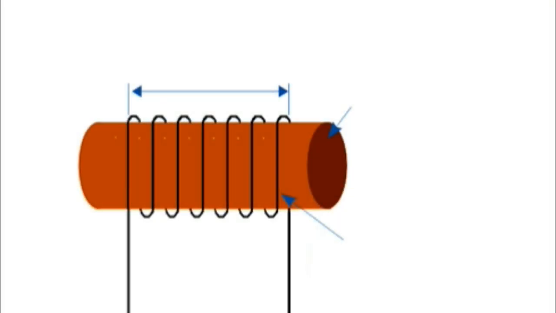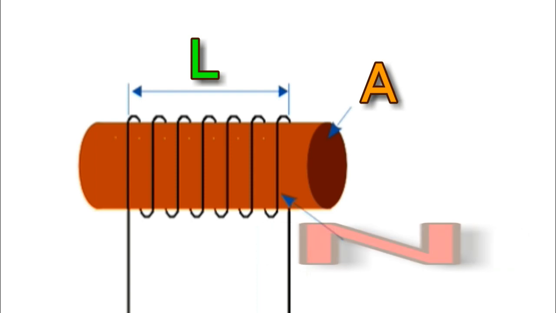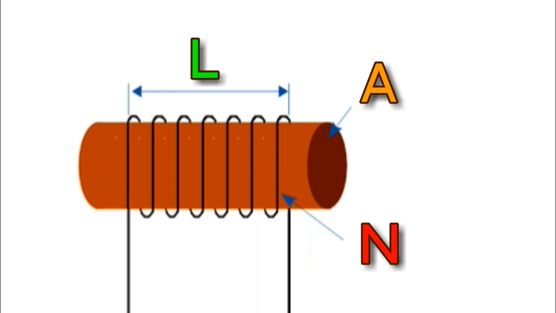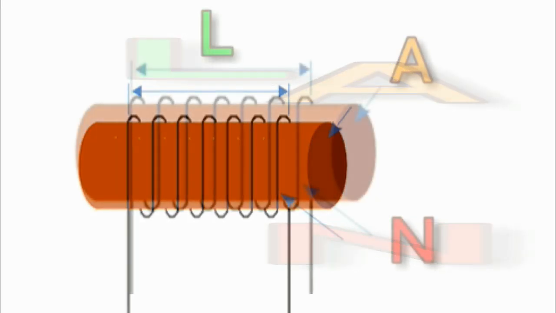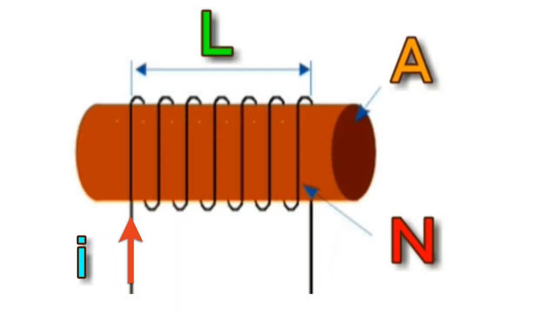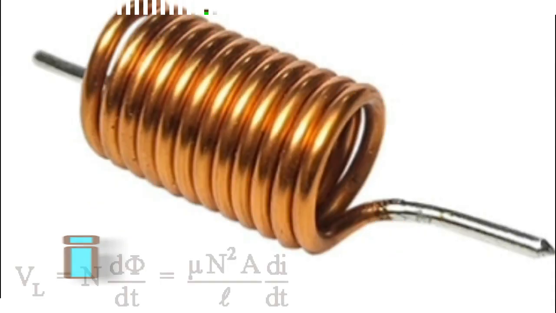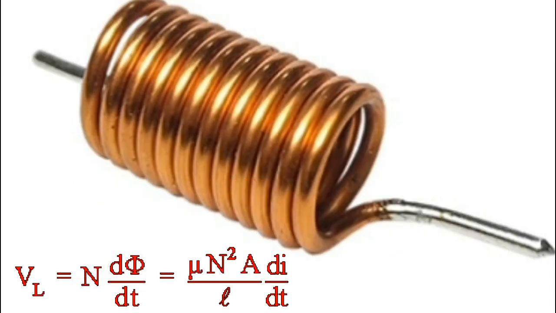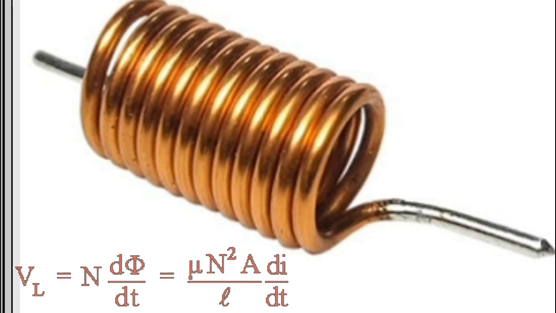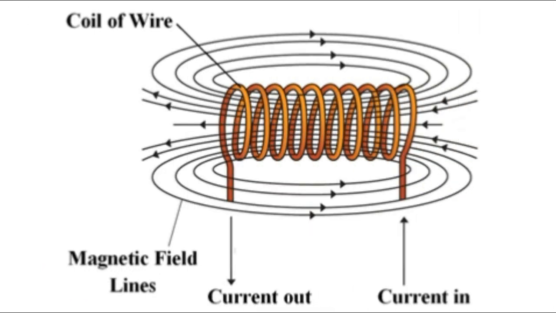An inductor coil has a central core area, A, with a constant number of turns of wire per unit length, l. So if a coil of N turns is linked by an amount of magnetic flux, then the coil has a flux linkage of N times the flux. Any current, I, that flows through the coil will produce an induced magnetic flux in the opposite direction to the flow of current. Then according to Faraday's law, any change in this magnetic flux linkage produces a self-induced voltage in the single coil of